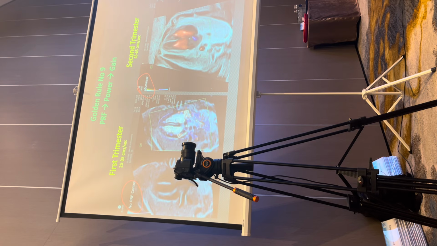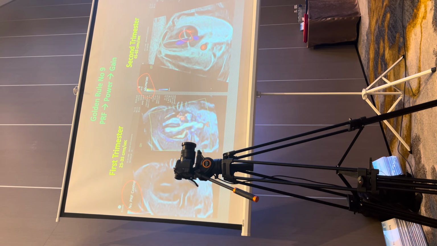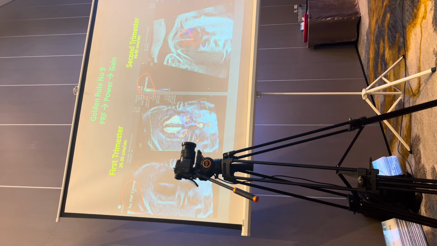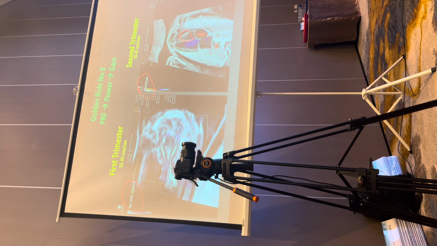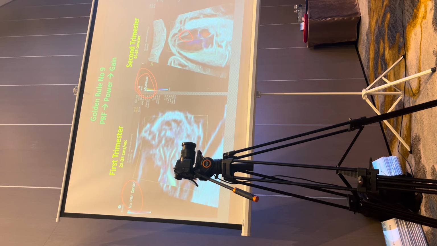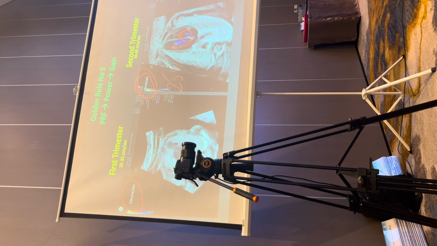And when I have the setting correct, I will appreciate that there's trivial tricuspid valve regurgitation. I would not appreciate tricuspid valve regurgitation if I'd set that at 80, 90, or 100 centimeters a second. I would not see it. And if I set my PRF at 25 centimeters, every baby will have tricuspid valve regurgitation. So the priority is to set the PRF for the weeks of gestation that you're going to perform the scan.